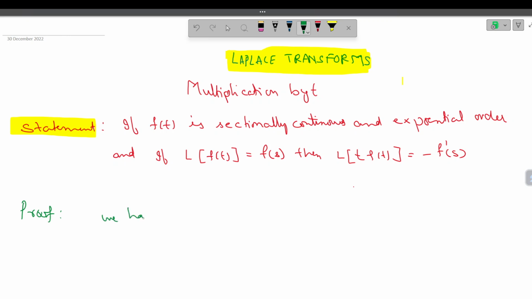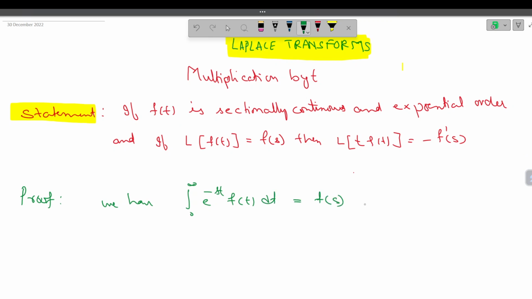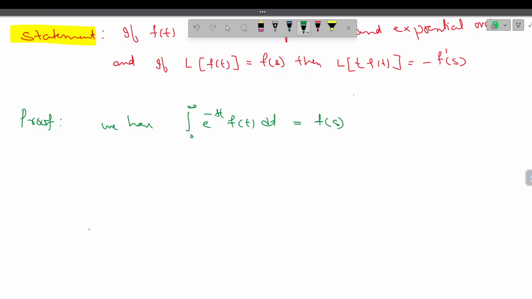We have the integral from 0 to infinity of e to the power of minus st f of t dt is F of s. So this we have. We know from the definition of Laplace transformation that it is the Laplace transformation of f of t. Now, one property we are using is